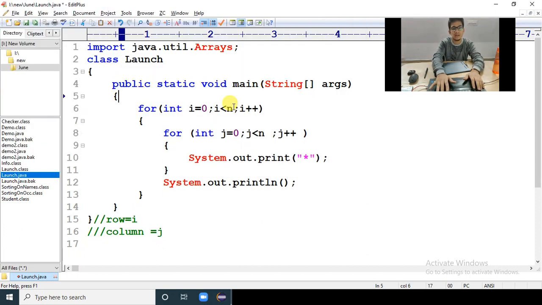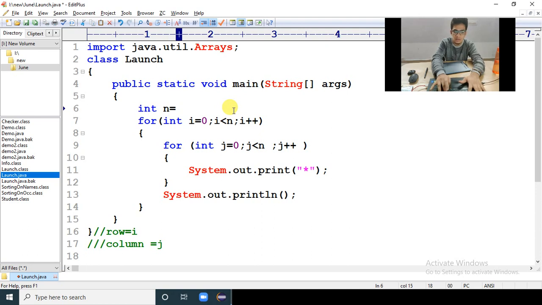Imagine that you had not written this int n value. If you wanted to change from 3 cross 3 to 5 cross 5, you would have to change here also, and here also, like this. You have to change 2 places. Imagine that there were hundreds of for loops. You would have to change each and every case. So you just tell n here and change that n value only in one place. So I'll tell int n is equal to 5 here. As of now, let's say 3. So this is that for loop which you have to write.